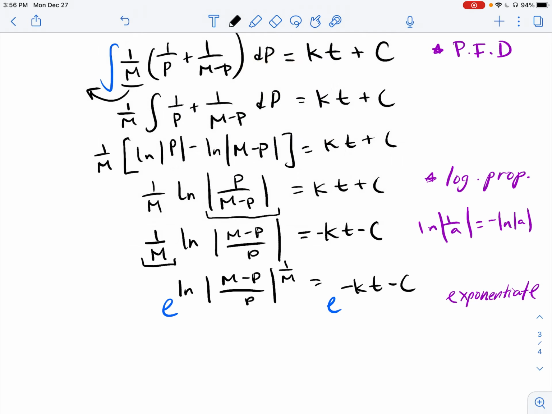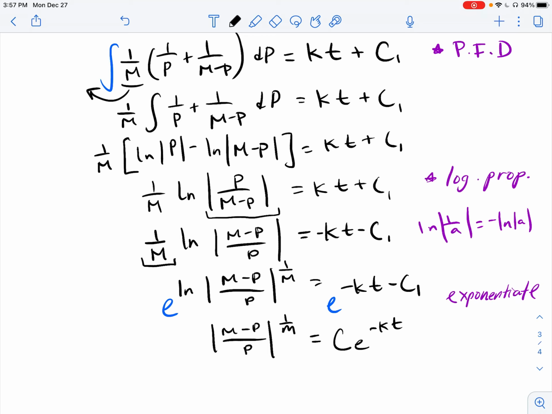Well, now what do we have? We know that e raised to the natural log of some argument is just that argument itself. So we have m minus p over p to the 1 over m power, okay, is equal to, and we've done this numerous times throughout this chapter, I'm going to write this now as c times e to the negative kt, and then since I'm introducing this new constant here, let me actually rewrite this as c sub 1,